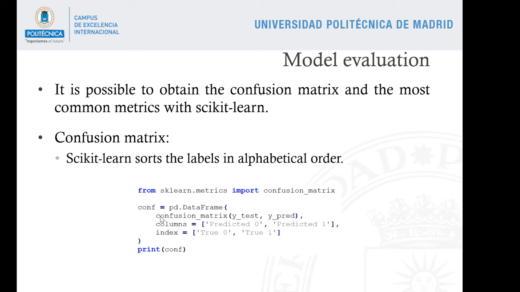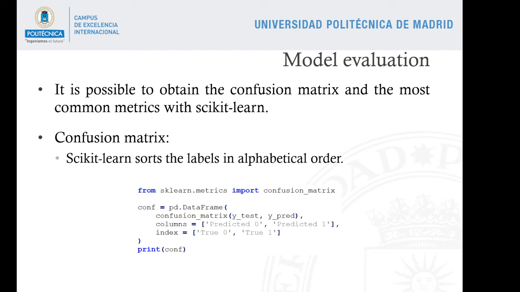So we can call the confusion matrix method, which is in scikit-learn.metrics, giving as first parameter the actual values and as the second parameter the predicted values. But confusion matrix returns a NumPy matrix. We would like to make it more elegant. We can put it in a data frame, giving names to the columns and to the rows by specifying the index. Also be careful, in the columns we have predictions and in the rows we have actual